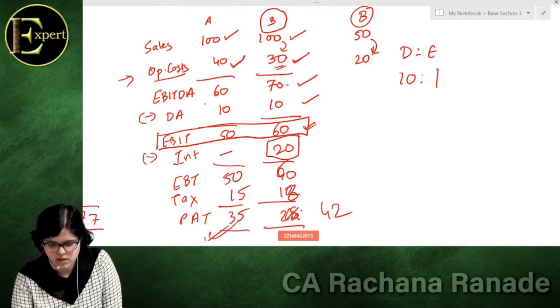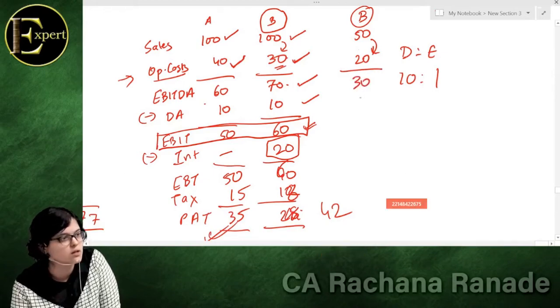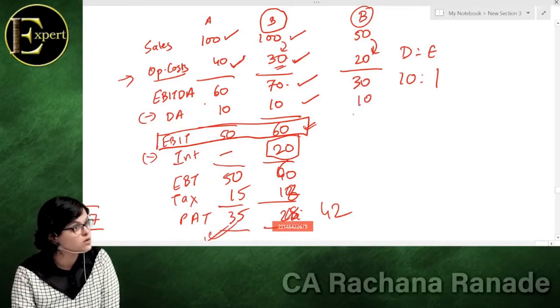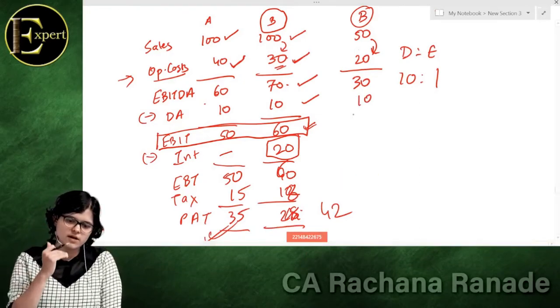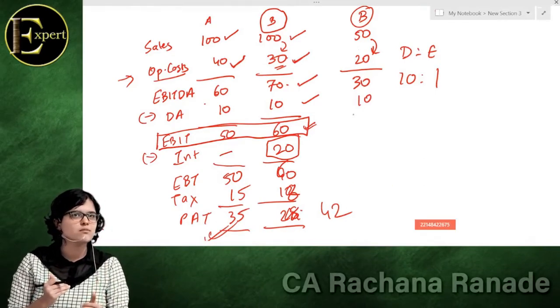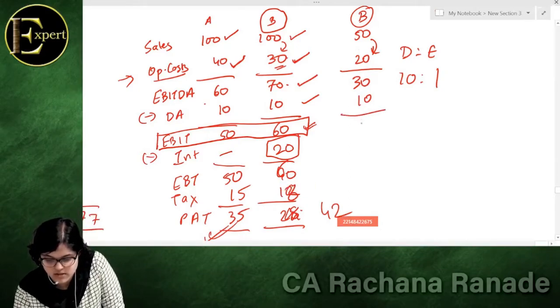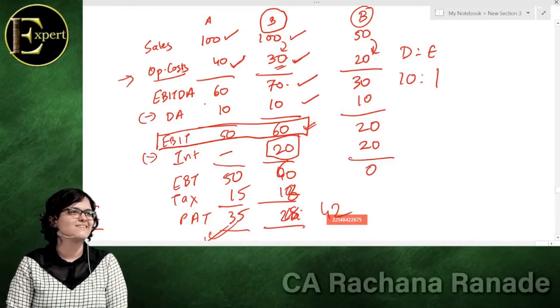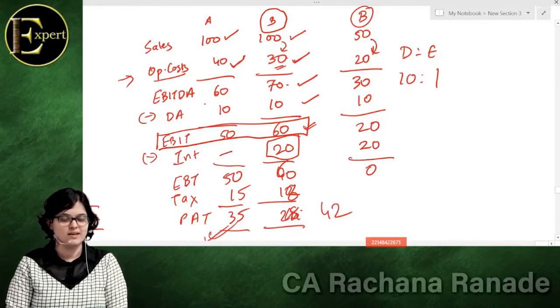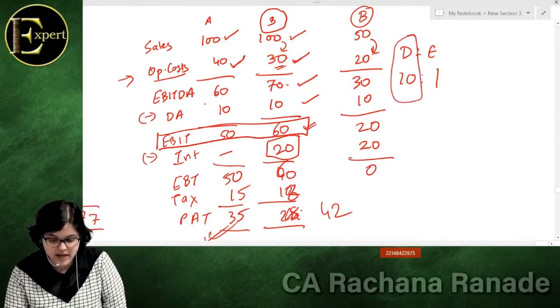Yes. So tell me, what is my EBITDA? 30. What is my depreciation and amortization? Is this a fixed cost? Yes, depreciation is going to remain the same come what may. Will we reduce the depreciation just because our sales is less? The value of the asset is not going to reduce by that much. Okay, now what do we get at? 20. What is the interest cost? 20, gone. Are you getting my point? So what went wrong? Their debt was very high. That is why this problem happened.